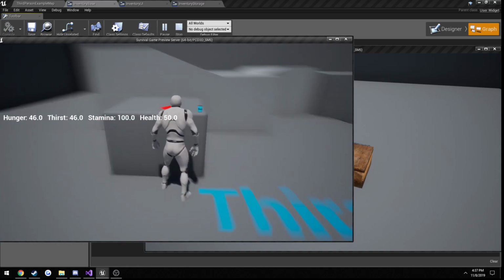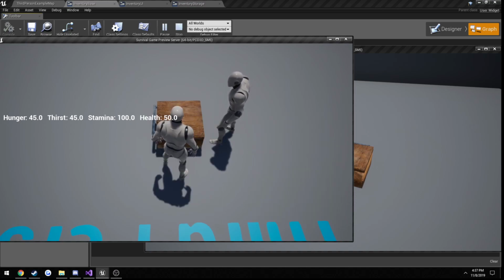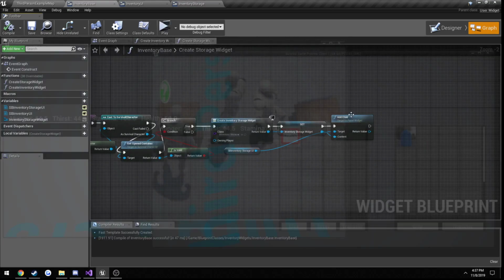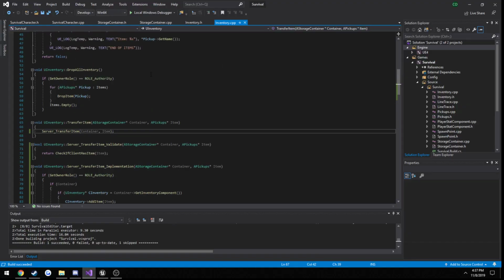Let's test with the water bottle on the server. And it worked. The client is having an issue. So let's try to figure out where that issue is. So we call